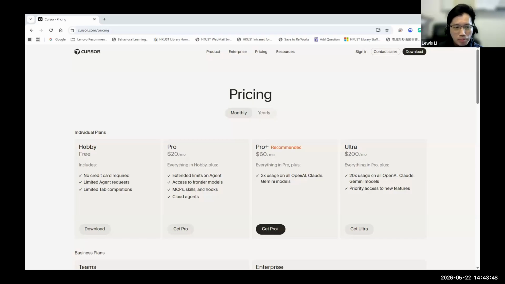For example, you won't be able to select the model you want. Cursor can support different models like the GPT model, Opus, Sonic, and even some Codex models. You won't be able to choose among them, and you have only one model assigned by Cursor. For the free version, you don't need to pay, but you have a credit and quota limit, and you can't select any model.